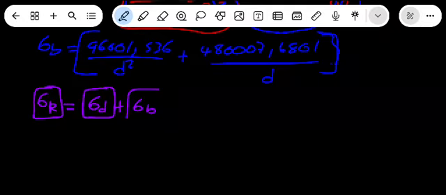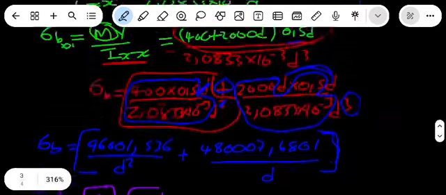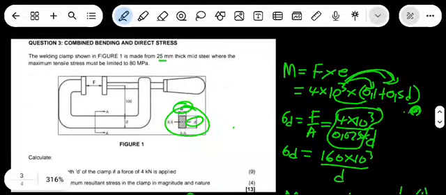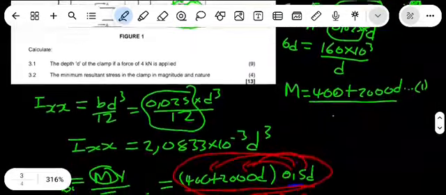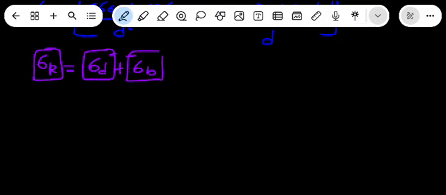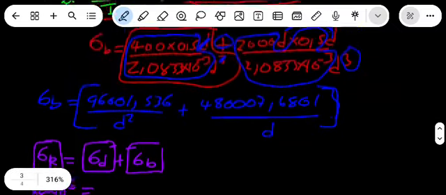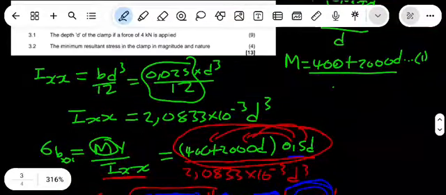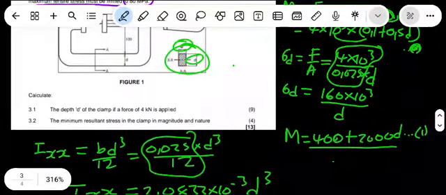This you have calculated in terms of d. So they said the maximum tensile stress is this, 8. We have tensile. This is a direct, this is a bending, so this will go here. We have 8 times 10 to the power of 6 must be equal to, what will be the direct? Here is the direct. We did determine the direct is this,